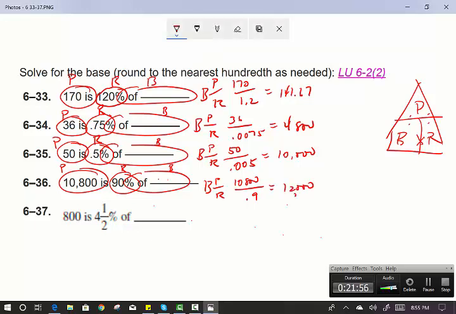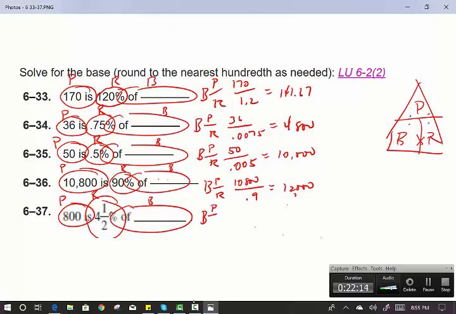Okay, then finally number 37 in this section. 4.5% is associated with a rate because of the percent sign. The number that follows percent of is your base. The number associated with is or equal is your part. Again, we're solving for the base, which is equal to part divided by rate. So it's 800. And now that's going to be divided by,